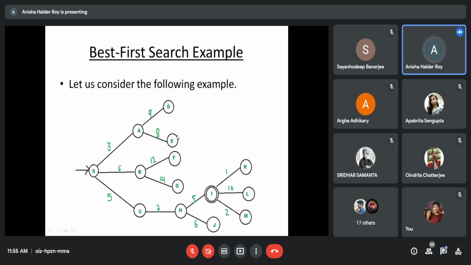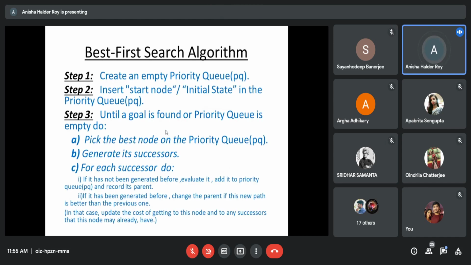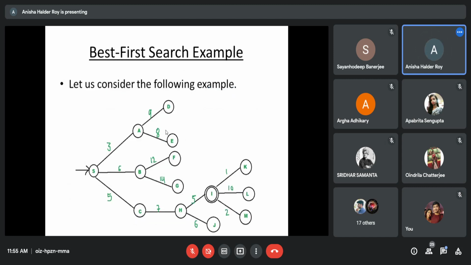Etar successor ki DE, or you can say ED. এটার সাকসেসর হচ্ছে ED, right? তো এখানে দুটো লিস্ট করতে হয় প্রায়োরিটি কিউতে। একটা হচ্ছে ওপেন লিস্ট, একটা হচ্ছে ক্লোজ লিস্ট। When you have already evaluated all the successors of that node, the node will be in the closed list.